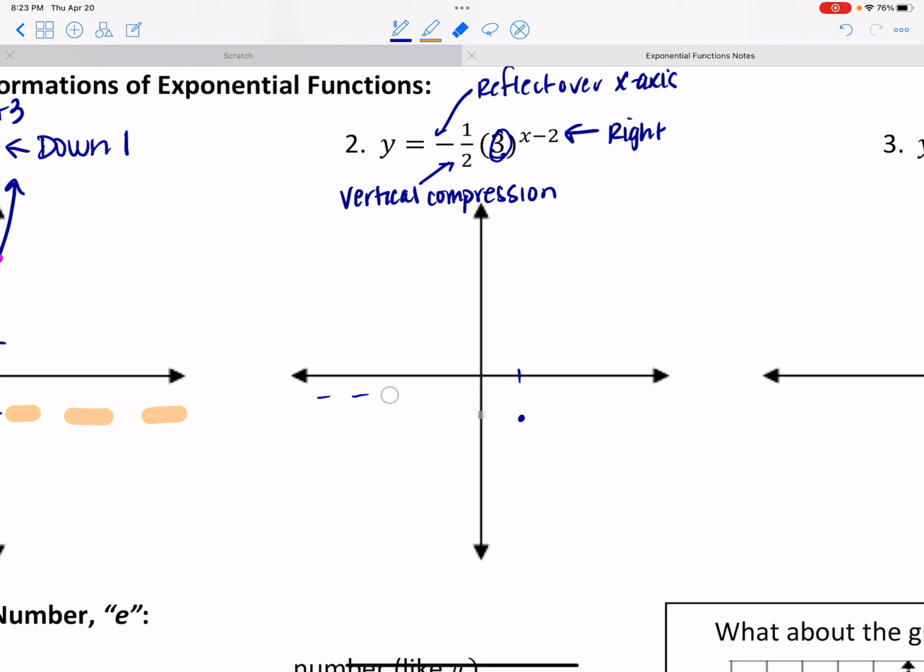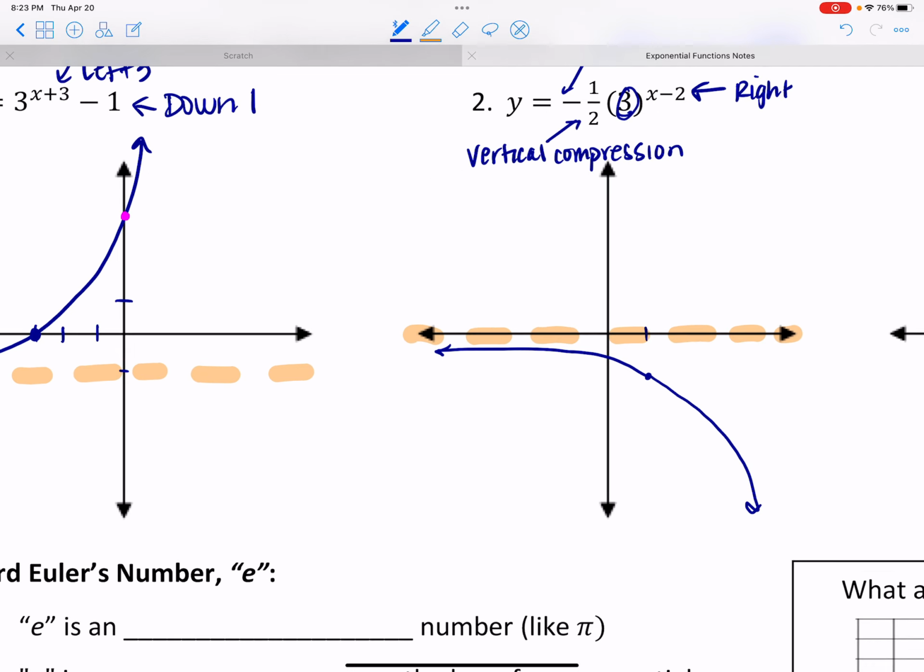And if I just reflect and go to the right one, obviously my asymptote didn't move, so that's still there. And I want to approach in this direction now, because we reflected. And then I'm just going to try to draw it a little bit wider, but that's basically going to be the picture, okay? A sketch of basically what's happening so that I can identify